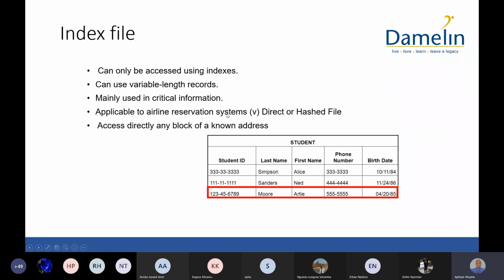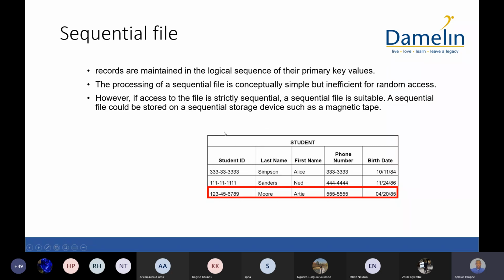So we have the pile, we have the indexed file. So in terms of indexes, before I talk about the index file, I just want to talk about the sequential file first. So sequential access means that we make use of a key value, an ID, to access records. You can see here there's a student ID for each entry, which means when these records are being accessed from the secondary data, they'll be accessed based on that order, based on these key values